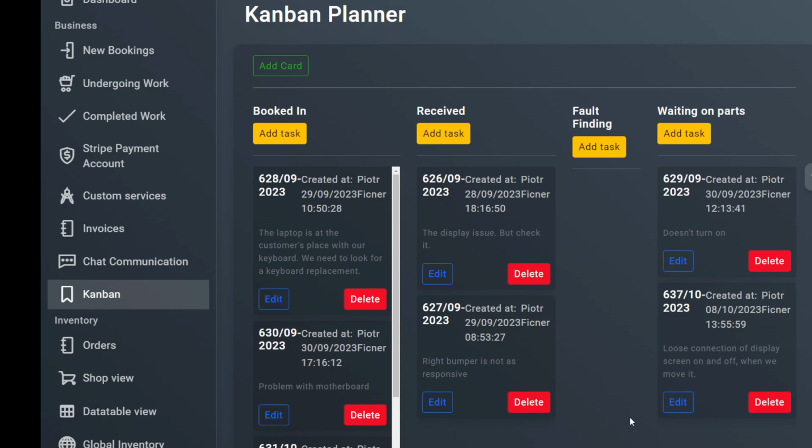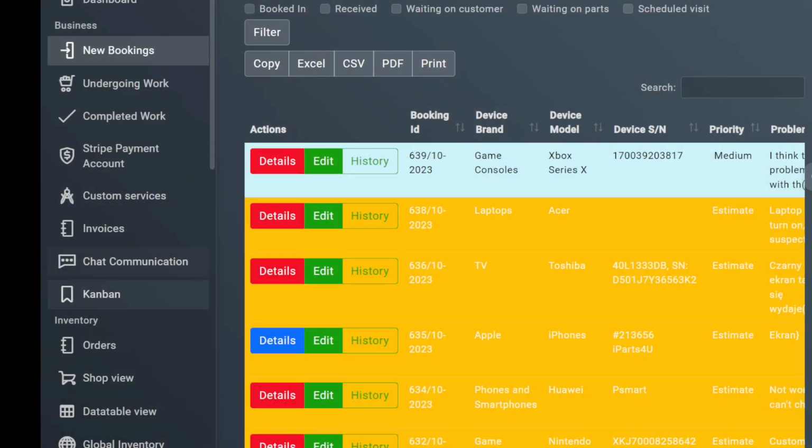So that's it. I'll stop sharing, and I will show you something else as well. There is a new feature, only I need to go to that feature. Okay, so there are no details of customers. Let's switch back. Here you can see this orangey, yellowy part. Now it's an estimate. So when customers are booking in,